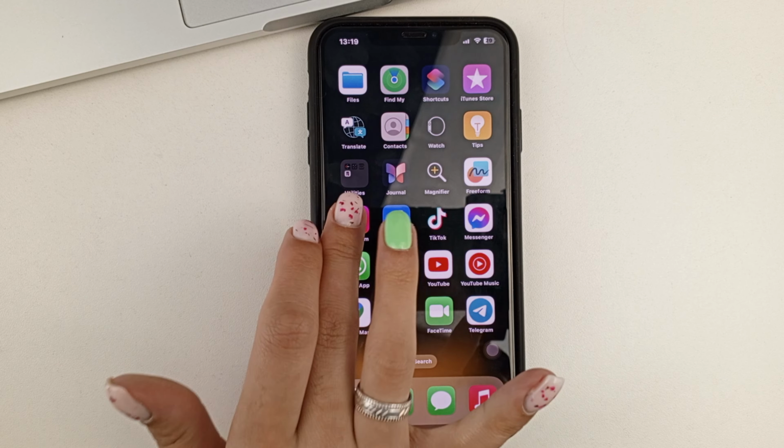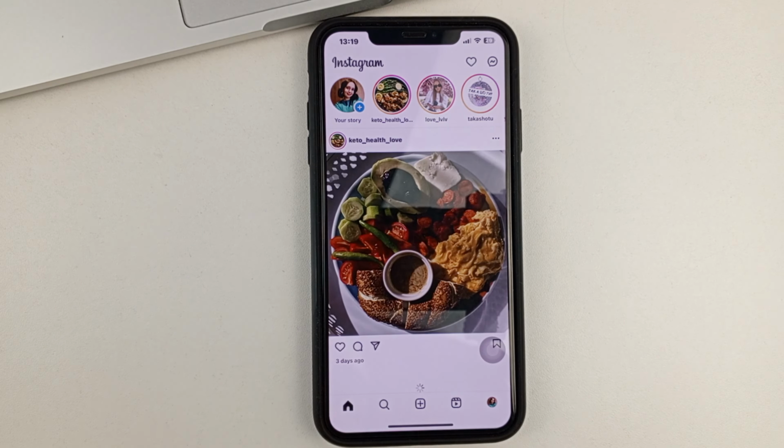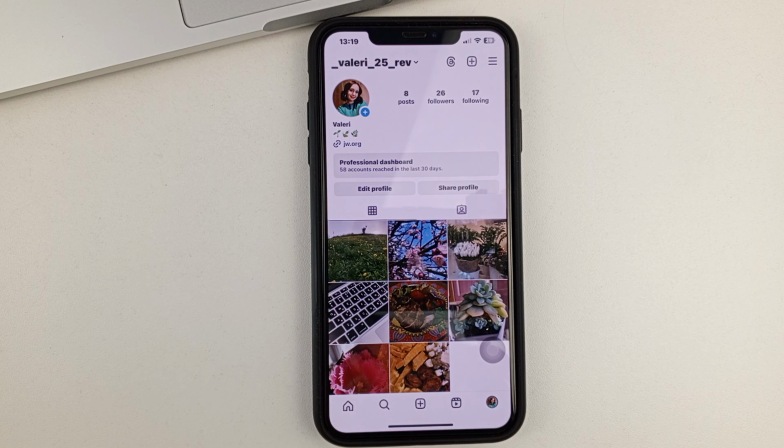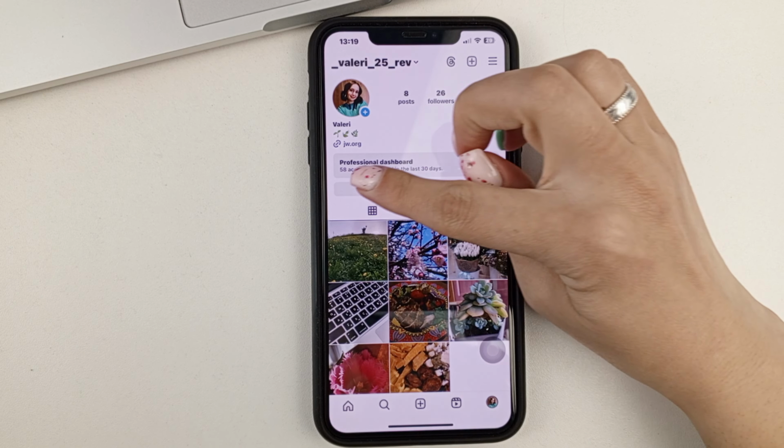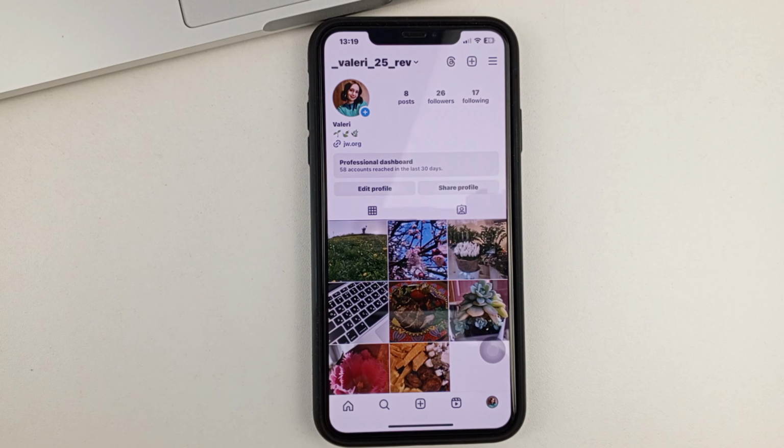Let us get started. So first, you and I are going to open up the Instagram app. And then in order for us to remove the chat from both sides, we need to first go to the professional dashboard in Instagram. To do that, you go to your page. I already have a professional page right now. You can see it by this box right here that says it's professional.